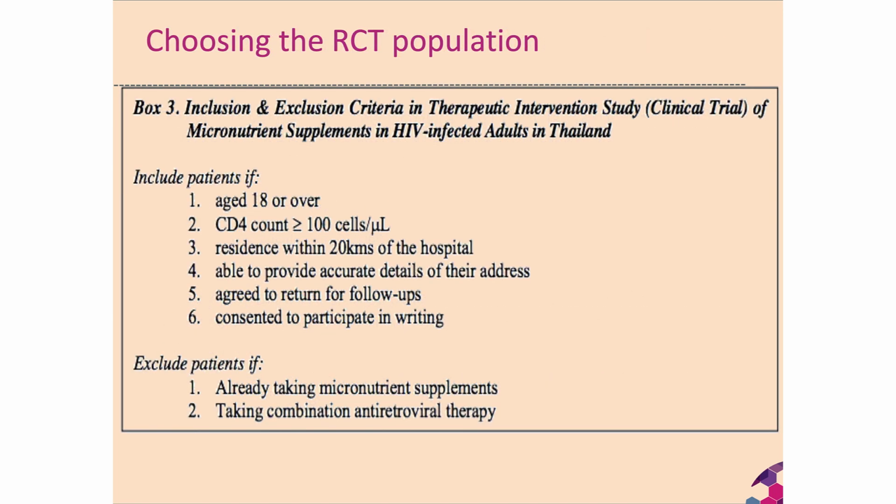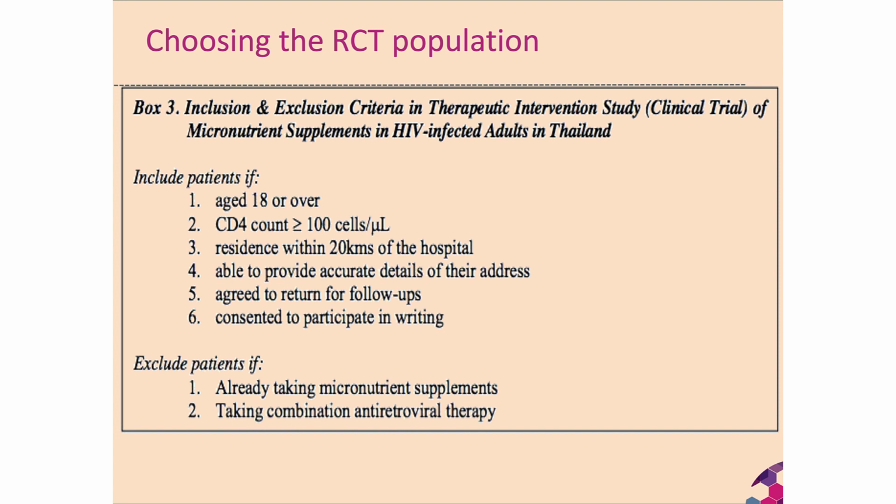The other thing we look at is what kinds of people we want in, and often because of the type of thing we're doing, the intervention that we are exposing people to, we need to be very clear about what groups of people we can't have in our study. So this is an example of a vitamin supplement or micronutrient supplement intervention in adults who are infected with HIV in Thailand. And the inclusion criteria for participants or patients who get involved in the study are they have to